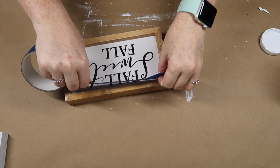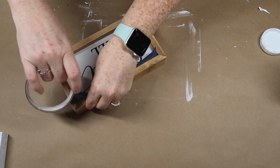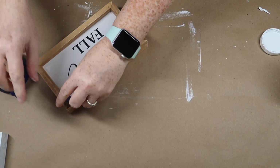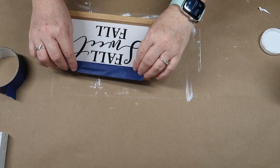Fall... I have no idea what the middle word is. I don't know why people write in scripts that are illegible. If people wanted to write in scripts that are illegible, they should just have me handwrite their signs for them. So she's going to take a sign here that says fall...